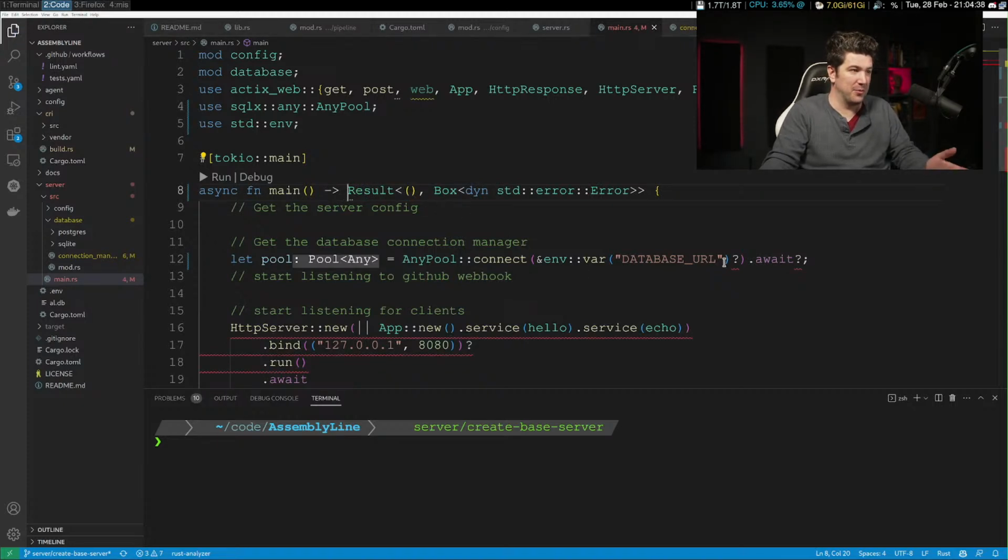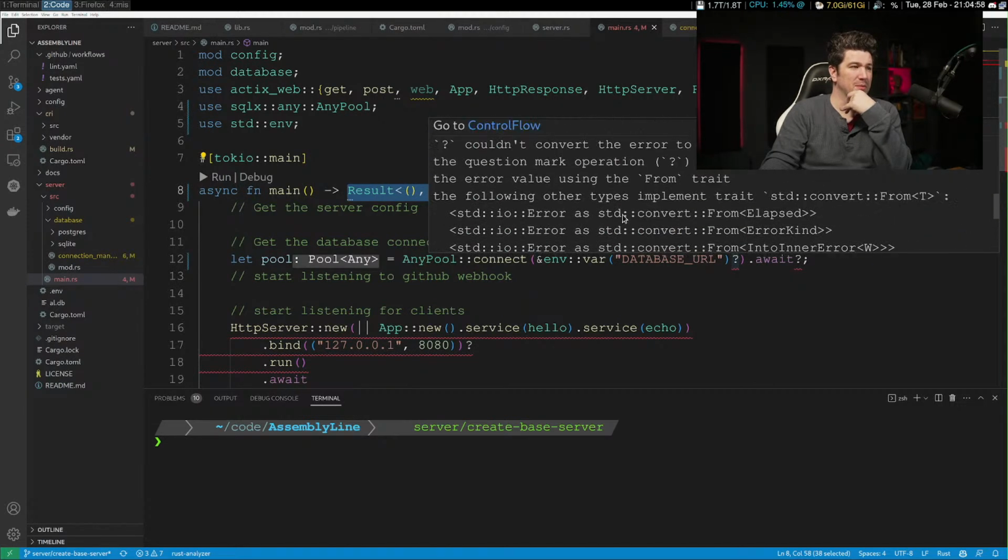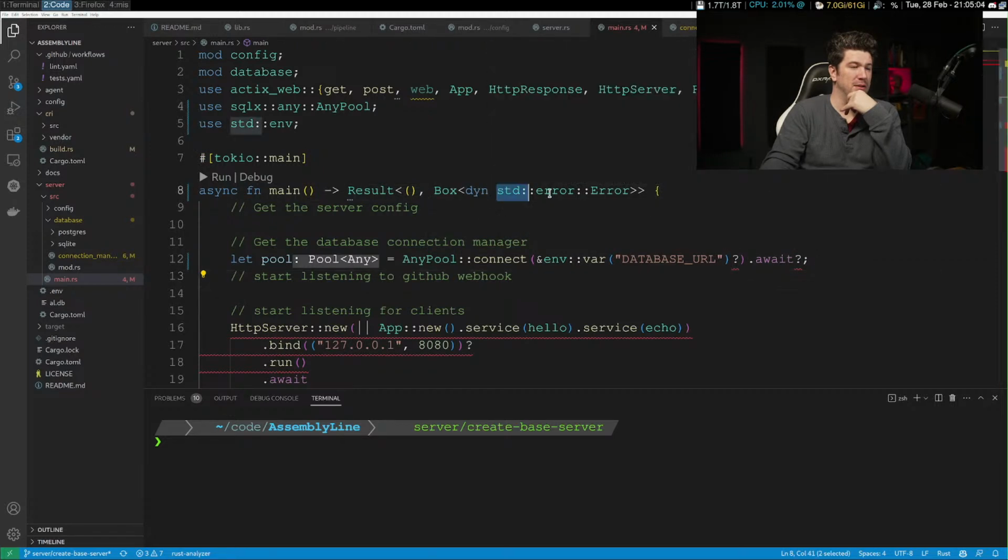But this was still not working. This is what I went to as what I thought was the catch-all that will work for everything. But this didn't work. And this error right here is a little weird because it says couldn't convert the error to an stdio error, which I'm not. This isn't an IO error. This is an error.